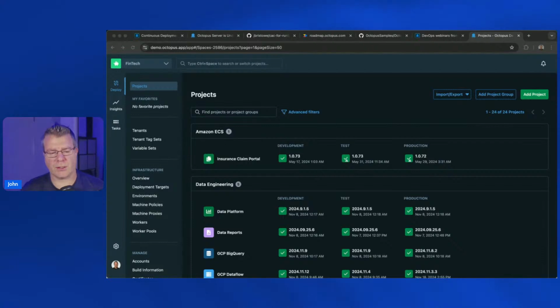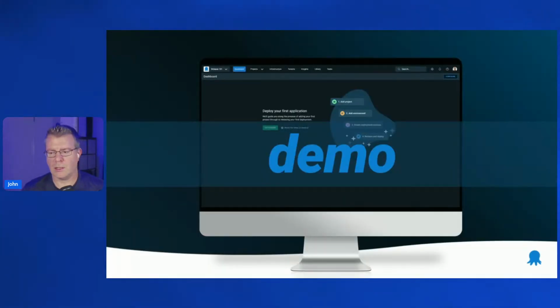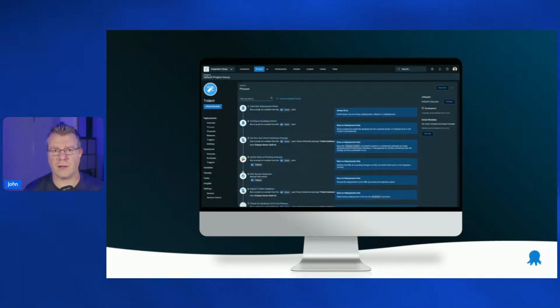All right, so let's go ahead and jump back to the slides. And that is a very, very quick, high-level demo, but you get the idea. Again, if you have any questions at all, happy to answer them here in terms of anything you see. So just to recap, I'm going to go into another demo, so don't worry. We'll show some other demos as part of this, but just to provide a recap, the deployment process, which is